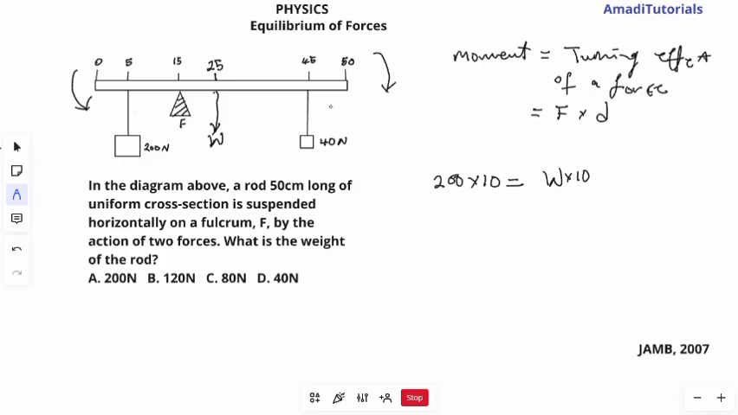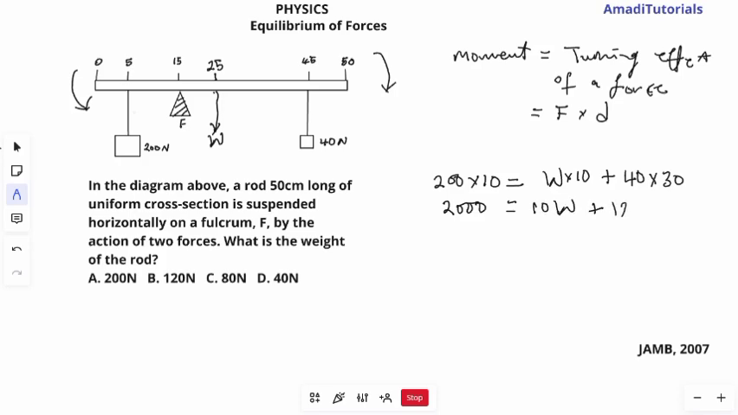Now there is another force acting clockwise, which is the 40 Newton force. So we say plus, and we take the moment of that force also. This will be 40 times the perpendicular distance from the pivot, which is 45 minus 15, which is 30. If you continue and finish this off, that will be 2000 equals 10W